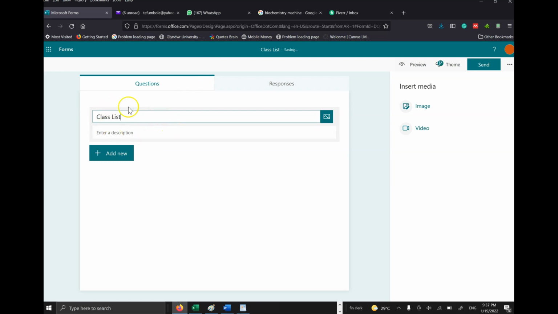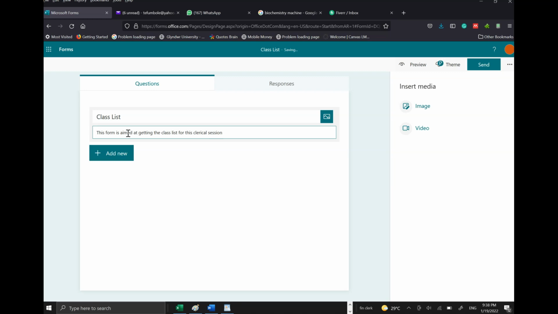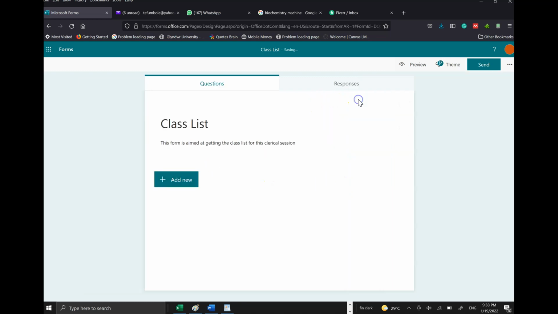Now the purpose of this form is that we want to get our class list, okay? So we're calling it class list, and the description is: this form is aimed at getting the class list for this clerical session, whatever, don't mind the grammar, okay? Now the other thing you can do